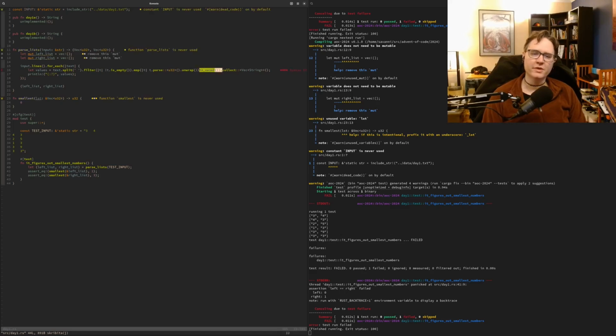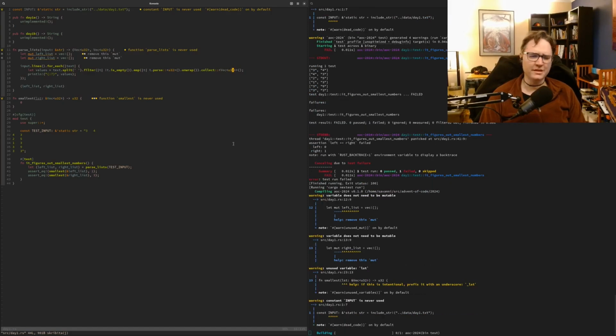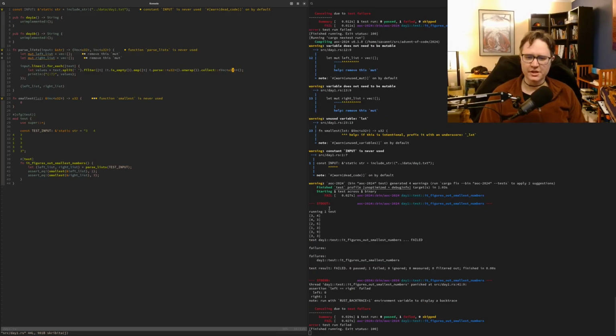And I'm just going to throw away any errors because there shouldn't be any. That's one of the things about Advent of Code. You just don't get bad data. It's one of those things that they guarantee. Okay, that does work. So now we're dealing with numbers instead of a bunch of strings of numbers.